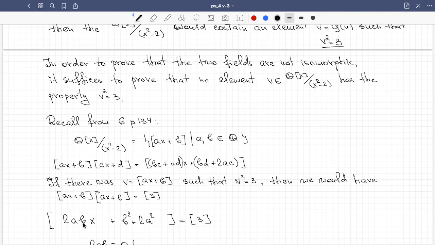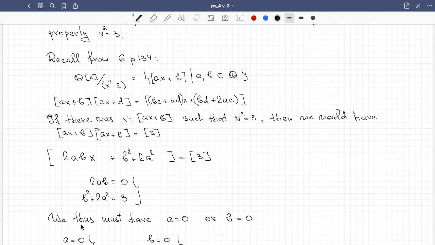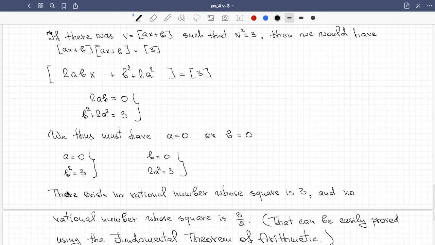Everything boils down to non-existence of a pair of rational numbers which satisfy that. That means exactly these two equations. Now we are solving two equations for rationals a and b, and find why these two equations cannot have rational solutions. That's a detailed proof